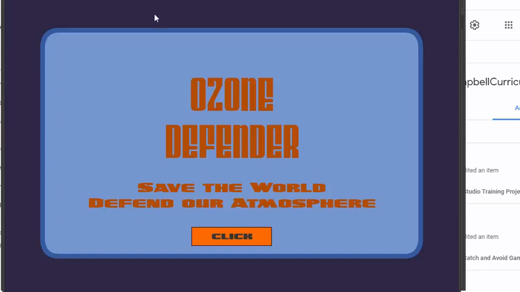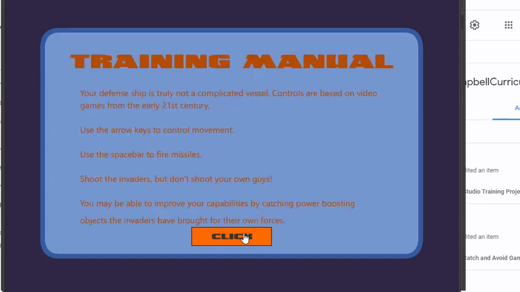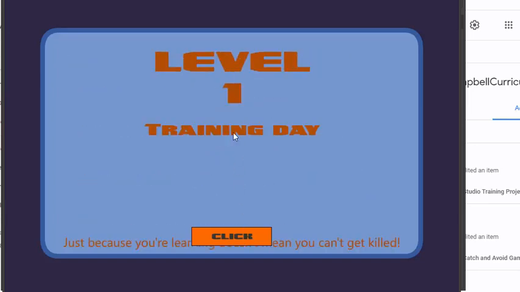All right, my hearties, we're here today to finish off, not finish off, but get the collisions in place for our catch and avoid game. And one of the things we are going to do is just check to make sure we're on the same page. So we should start off with a splash screen that goes through a few screens and should end on